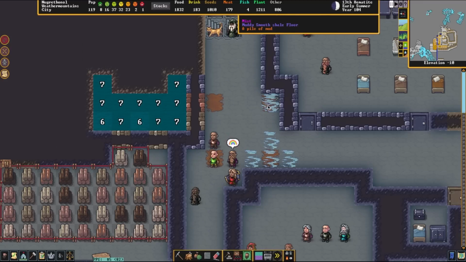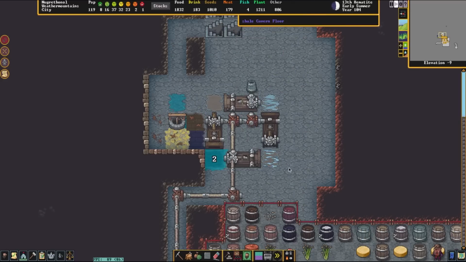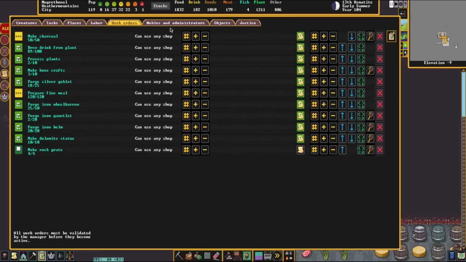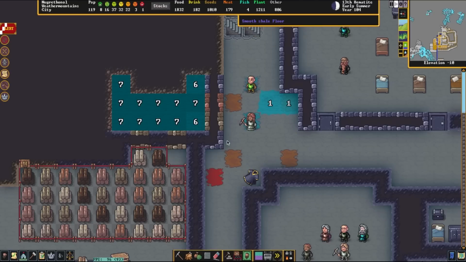So what I'm going to do is stop this whole setup by deconstructing one of these gear assemblies right here, because I just want to show you how the setup works before our statues are ready, which currently they are not, as far as I'm concerned. If I jump over to work orders, yeah, see, our statues haven't even started yet. So essentially, I need to remove this, and we're going to also show you how to get rid of mud,